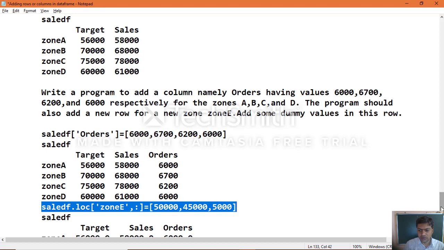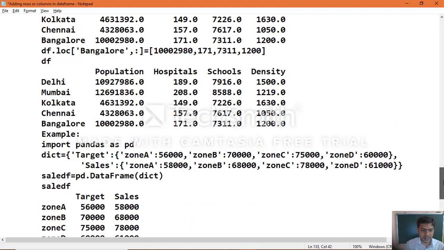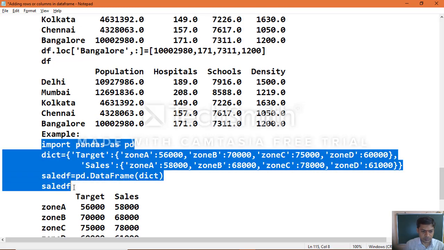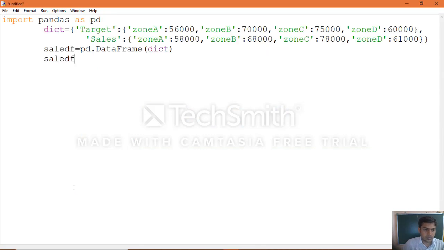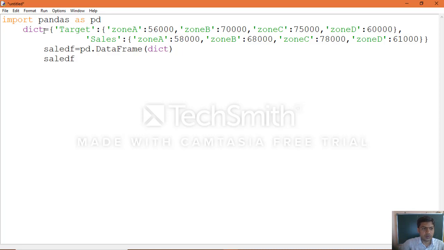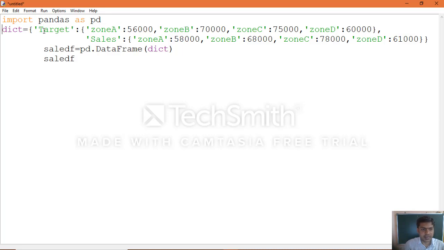So what I will do here, we will make the complete thing into an application. Don't use this tab indent, otherwise you will get an error. There should not be any spaces before the statement.